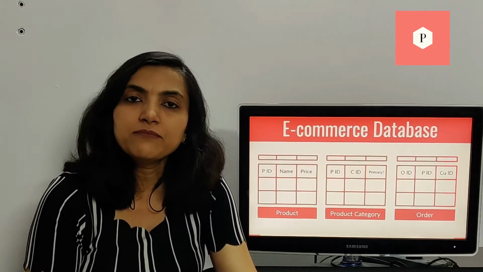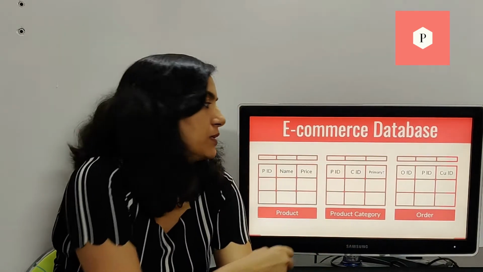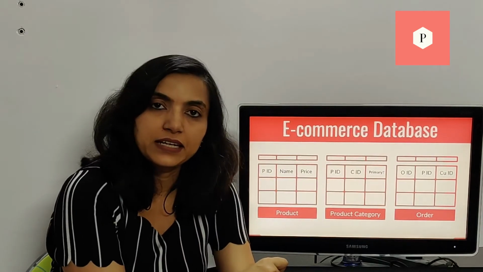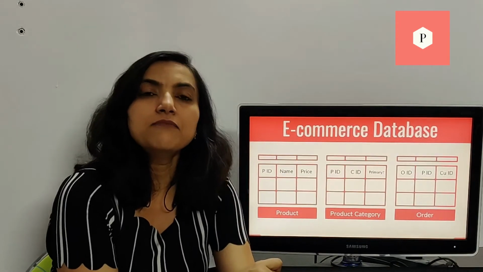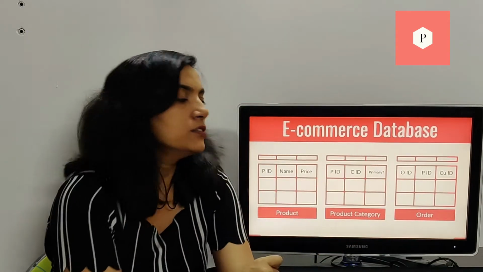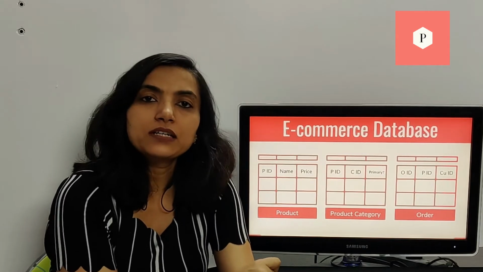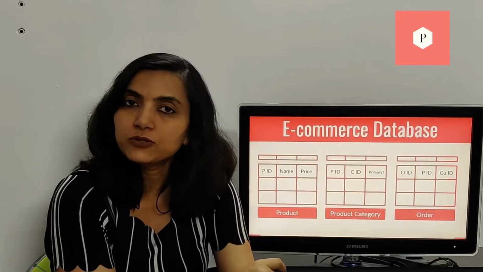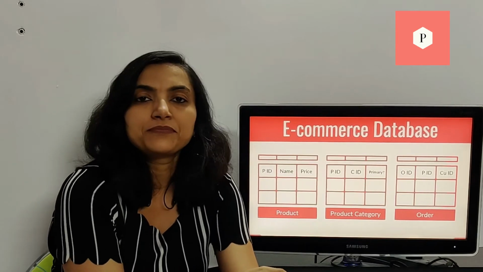Now each product can belong to different categories, so we have a separate product category mapping table where at least one column will be a product ID and one column will be a category ID. Since one product can belong to multiple categories, it may be present in multiple rows. So you can imagine P1C1, P1C2, P2C3 and so on. Here I have also included another column called primary. If a product is supposed to belong to one primary category, then this mapping can also store the information about whether P1C1 is primary or P1C2 is primary.